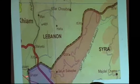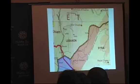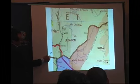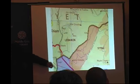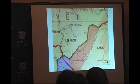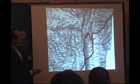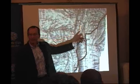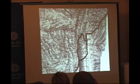Ghajar is not at the tri-border spot, and in fact it is right where what I call the bend, or the knee, where the boundary descends from Mount Hermon, reaches the Hasbani River, and then goes further south. So remember this knee, and remember that Ghajar is not on the spot of the tri-border meeting place. And now we go back to this map, and you see Ghajar all the way down, and the knee is actually about 5 kilometers north of Ghajar. The beginning, basically, of major mistakes